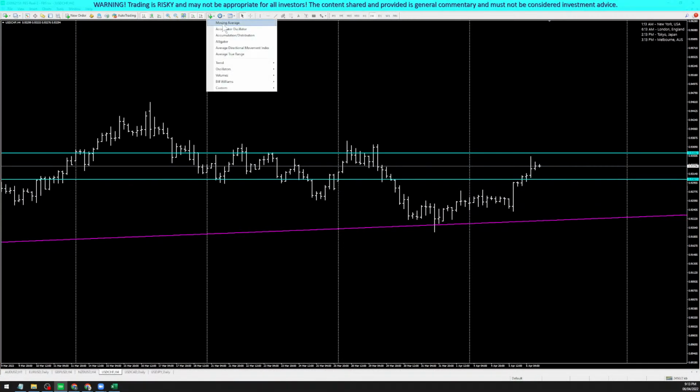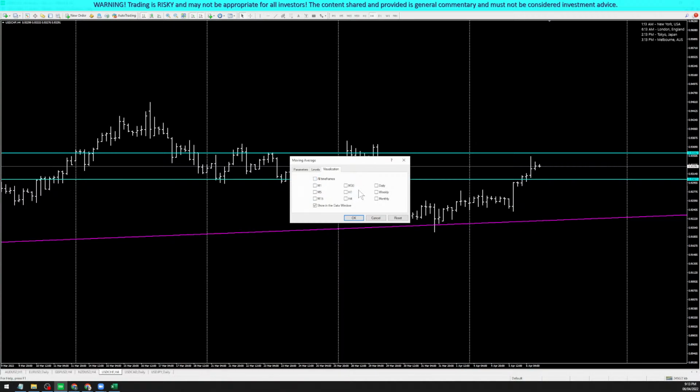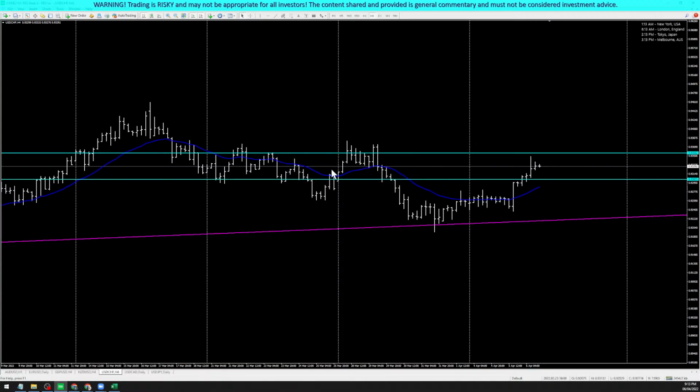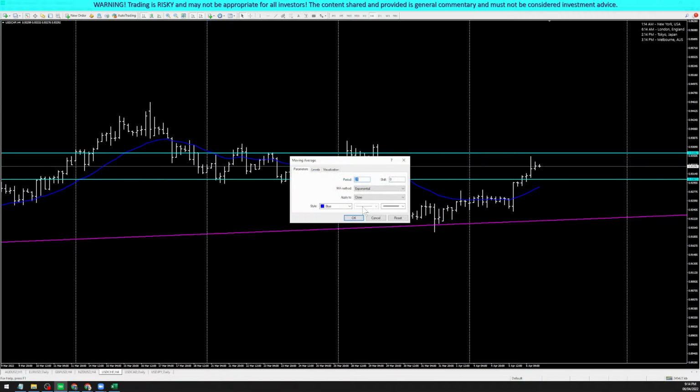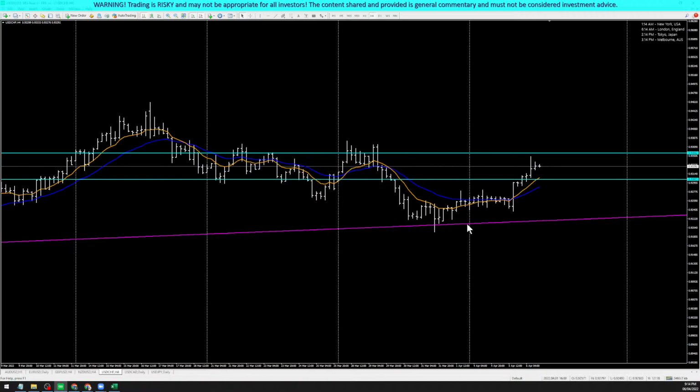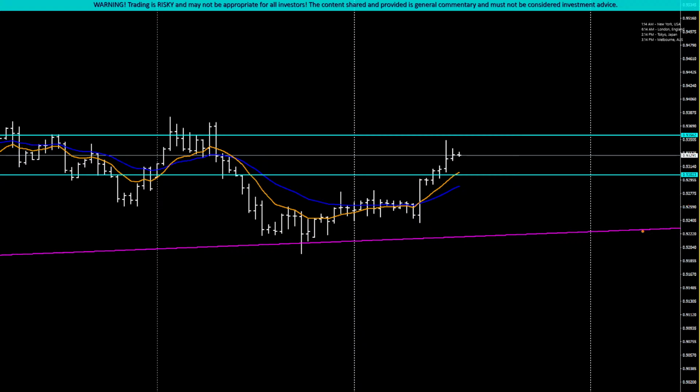In this case, I want to add my EMAs here again. I find it a little relevant. It could be relevant in this situation now. Okay, then we'll do another. We'll go for 9, and orange. Okay, ooh, interesting. Orange is above the blue. If this one pulls back here, then we can buy there.